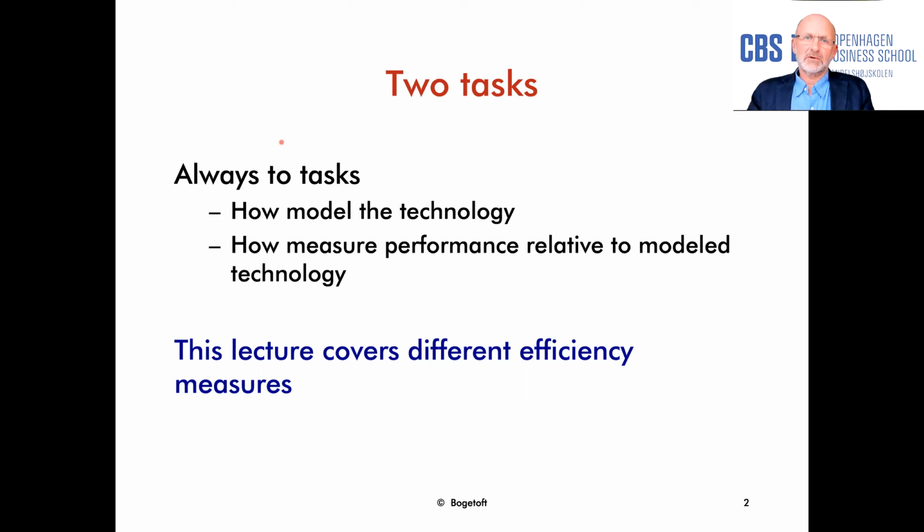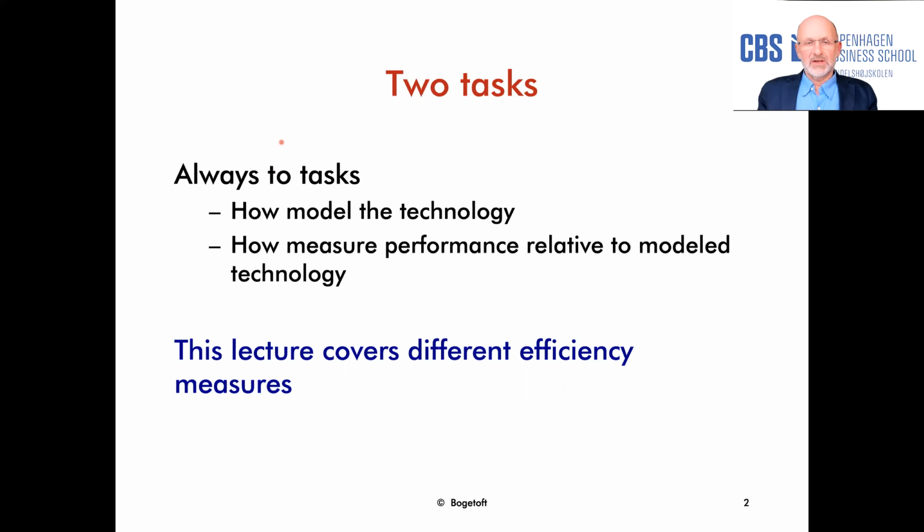The first is to estimate the technology to get an impression, based on real data, of what the technology looks like, maybe estimate a cost function. And the other one is to measure the performance of a given unit relative to that technology or that cost function. And although DEA kind of combines those two activities, namely the estimation activity and the measurement activity, one can